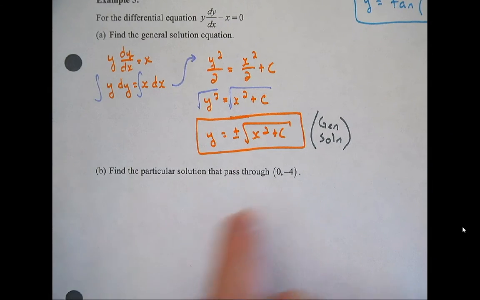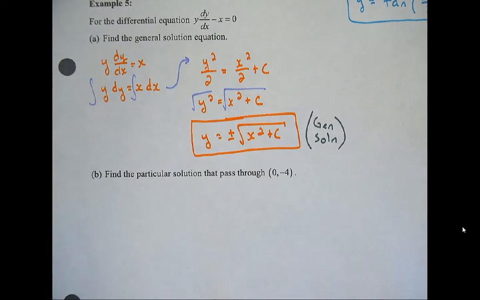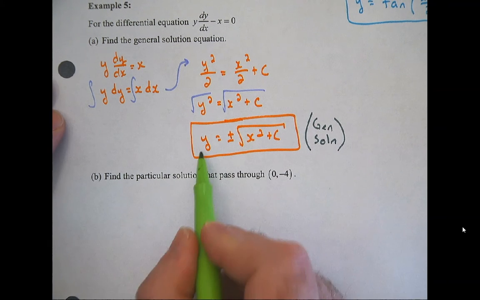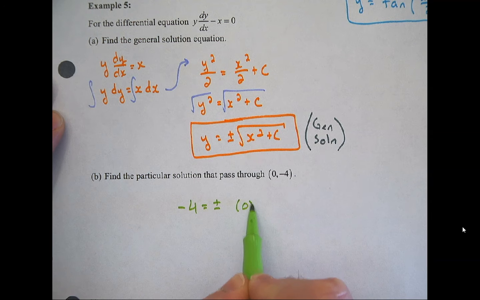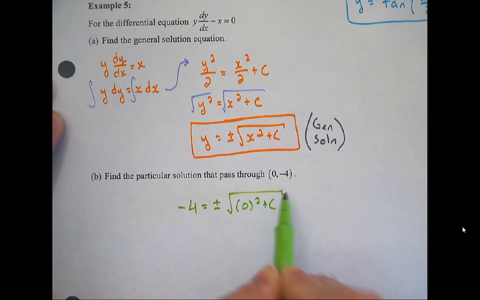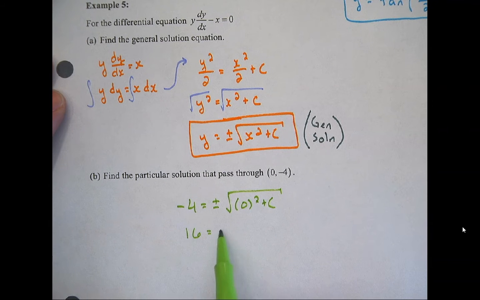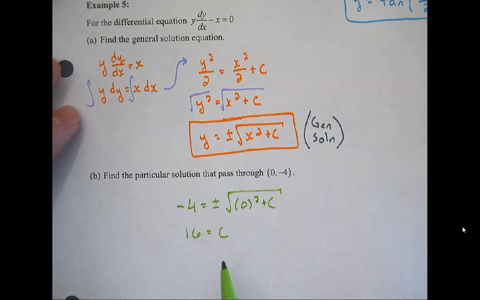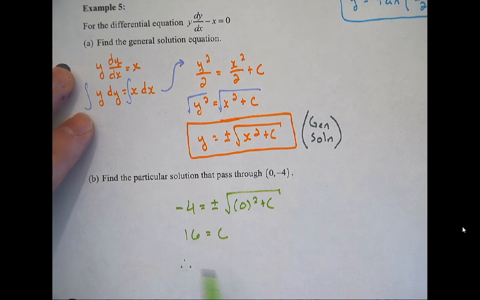Part B says find the particular solution that passes through 0, -4. So I'm going to take my equation and now I'm going to try to solve for C based on this initial condition. So y is -4 plus or minus x is 0 plus c. Who's farthest away from x on the same side? So I can square 16. That's 0. So 16 equals c, right? Game over. C equals, not quite, because when we go back,